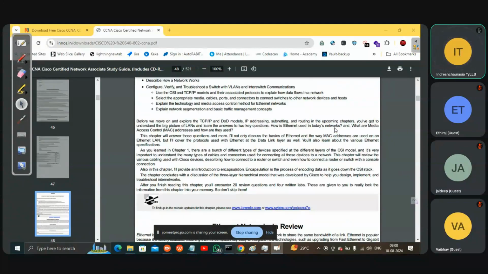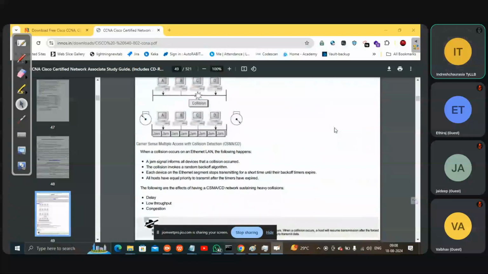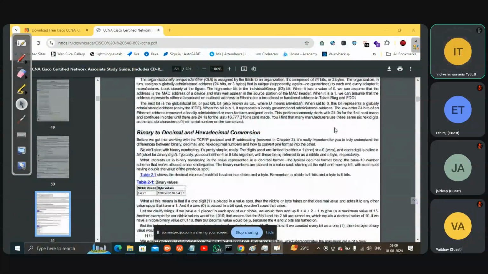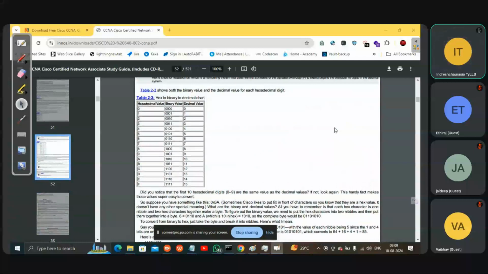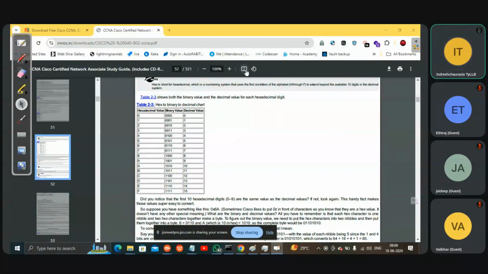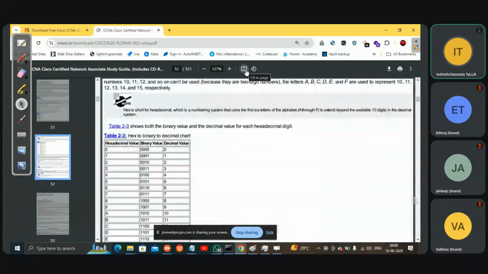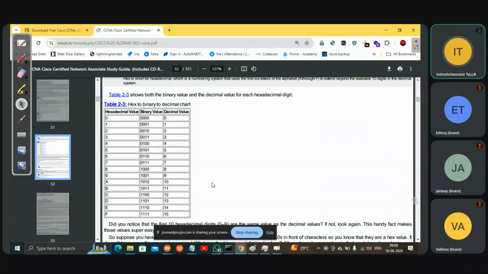Now, what we have studied about this particular thing, subnetting. See, this is the question. How is it getting converted? Zero is converted into decimal. This is a binary form which we are seeing, and this is hexadecimal and decimal.